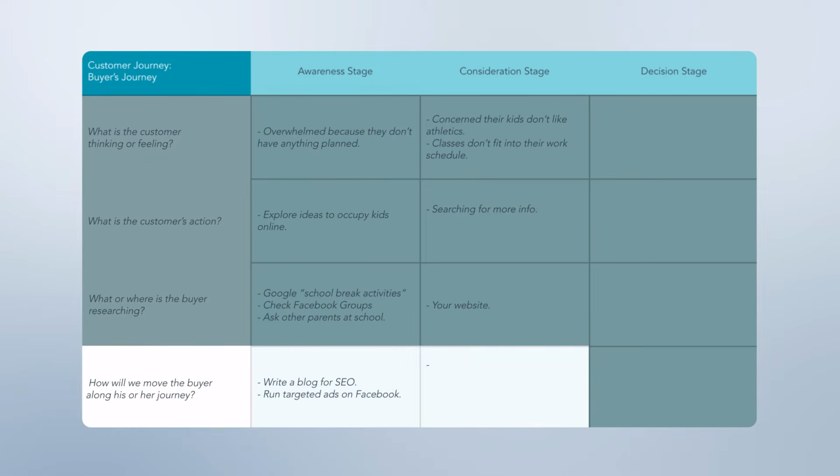Your homepage should answer the customer's questions, in this case by explaining how soccer helps kids develop physical and social skills. You might also consider adding a pencil banner that calls out multiple locations and class times available. The consideration stage is also where tools and FAQs or live chat features come into play.